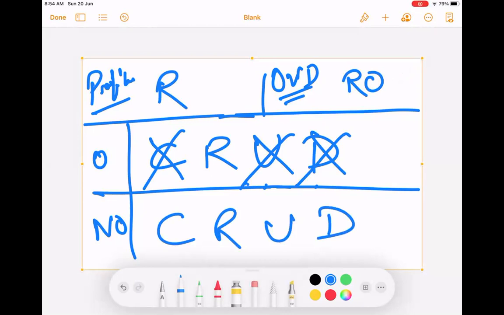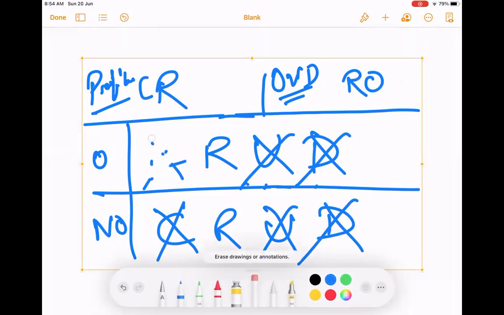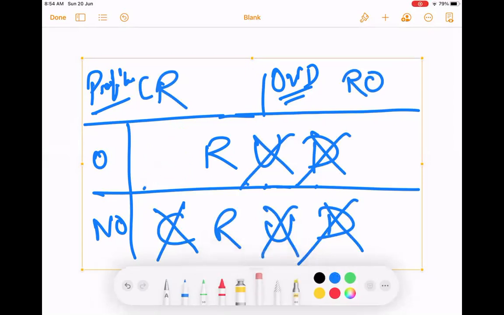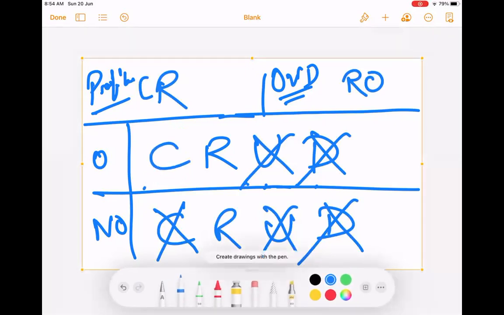They can see the record. Update and delete will not be there. Clear? If I give create, then the owner can create these records. If I give update, now this is interesting. What will happen?